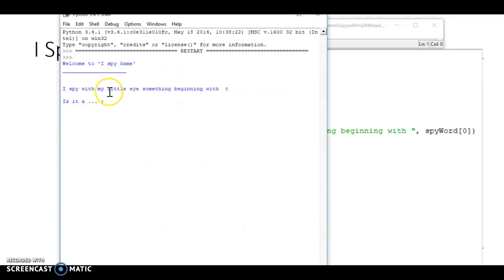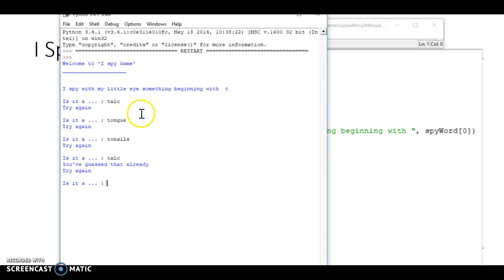Okay, welcome to the I Spy Michael something beginning with T. So I'm going to say, is it talc? Try again. Is it tongue? Try again. Is it tonsils? Try again. Is it talc? You've guessed that already. So you can see here I'm maintaining a log or a list of all of the